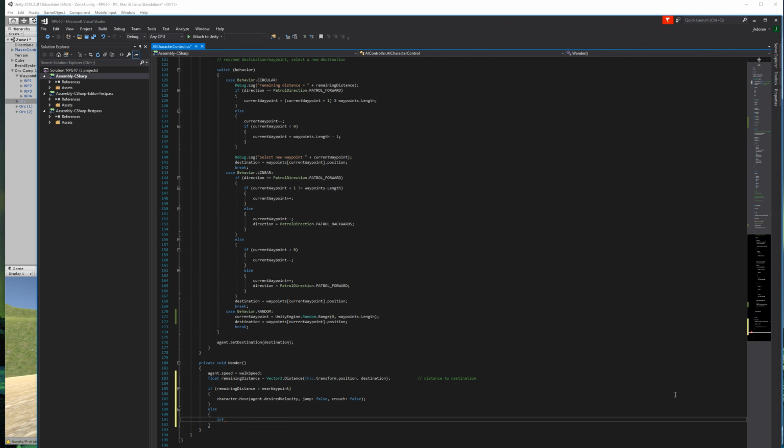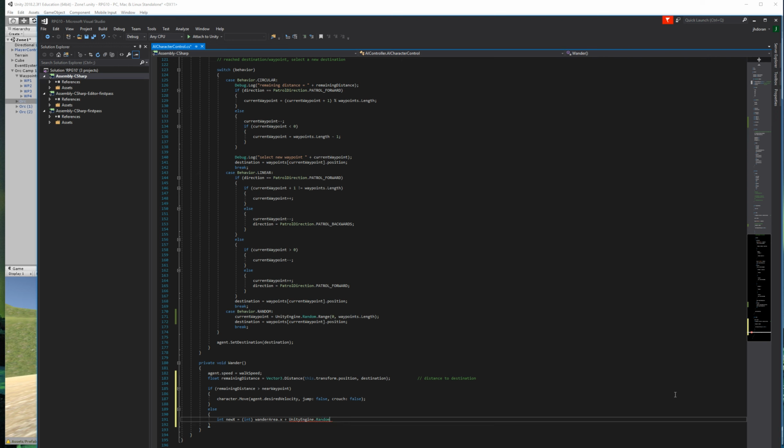First of all, I'm going to use integer coordinates, because I didn't round those to the nearest integer. So that would be fine. So I want new x equals wander area dot x plus Unity engine dot random